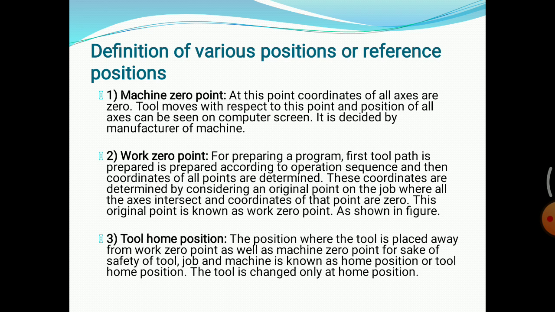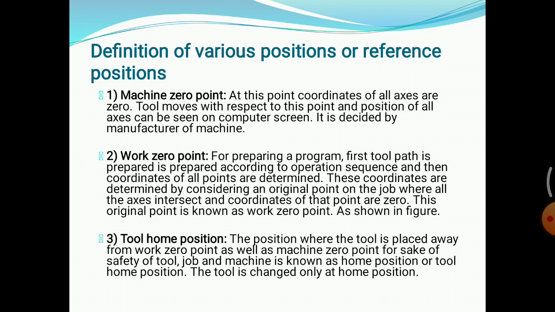For preparing the part program, first the tool path is prepared according to operations and sequence of operations, and then coordinates of all the points are determined. Coordinates are nothing but x, y and z axis values.